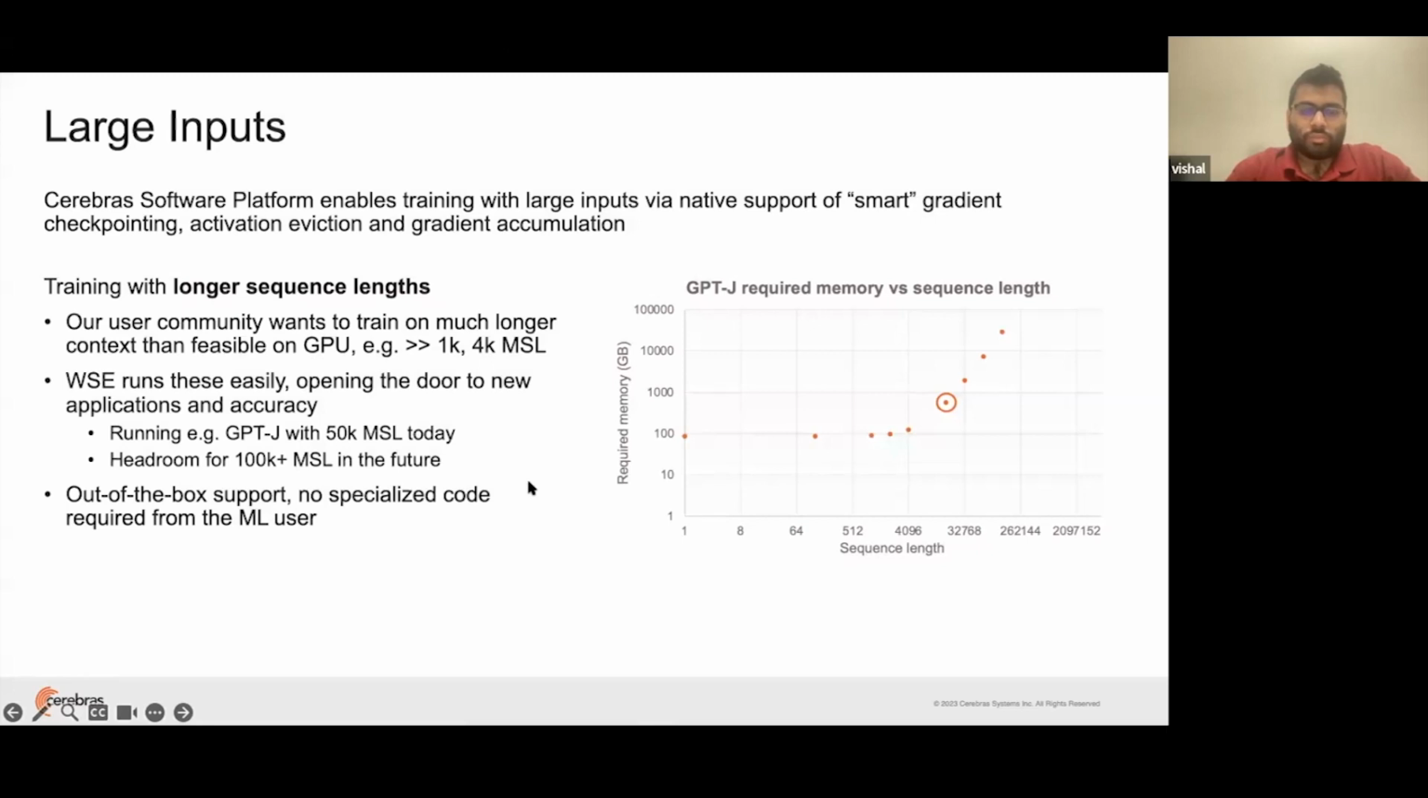So the Cerebras system supports training with much larger inputs, and we have a few functionalities that usually require code change that we natively support, such as gradient checkpointing, activation eviction, and gradient accumulation. With this, you can train longer sequence lengths on a single system. So in today's example, we'll talk about going from the 2K to the 4K, but in general, you can run,